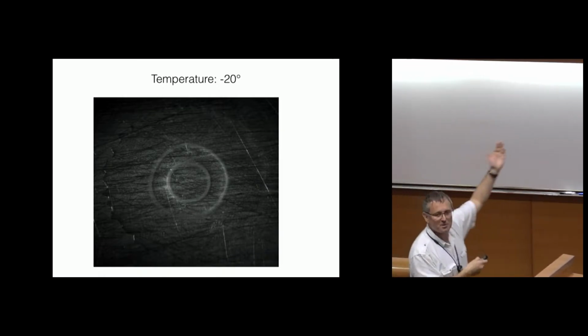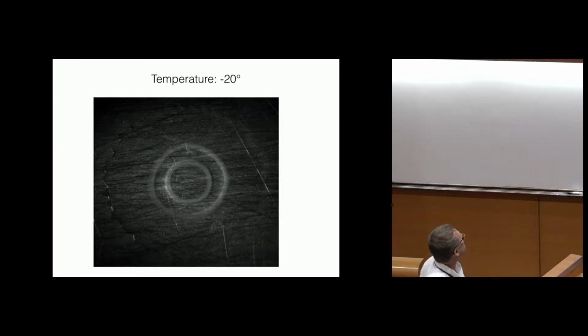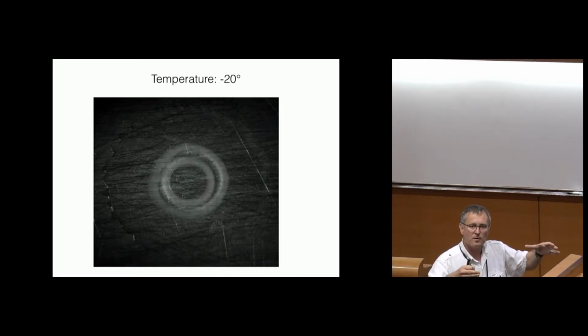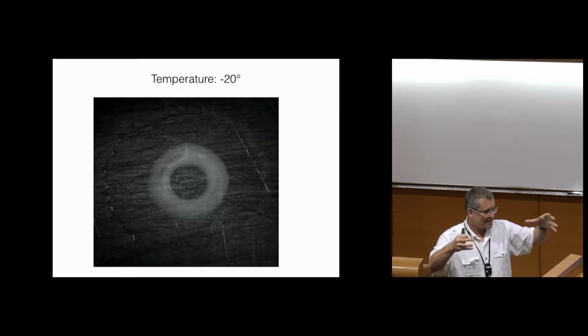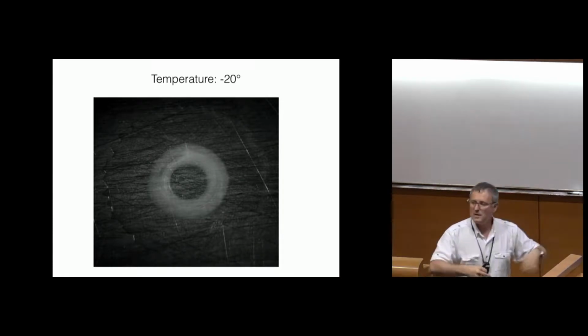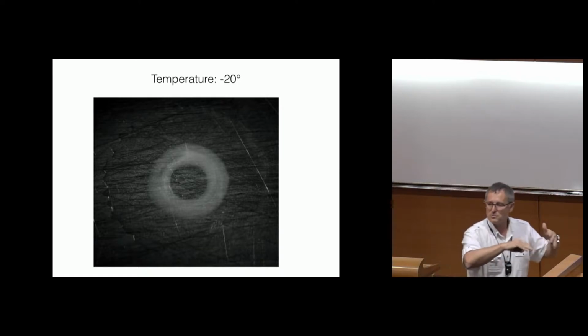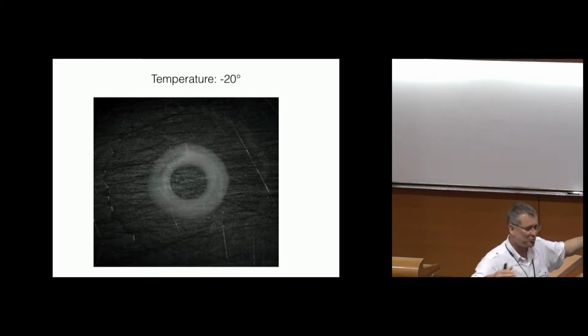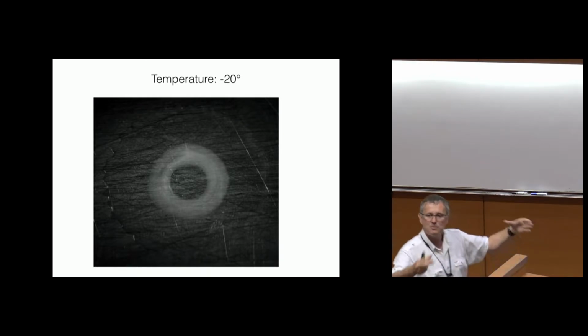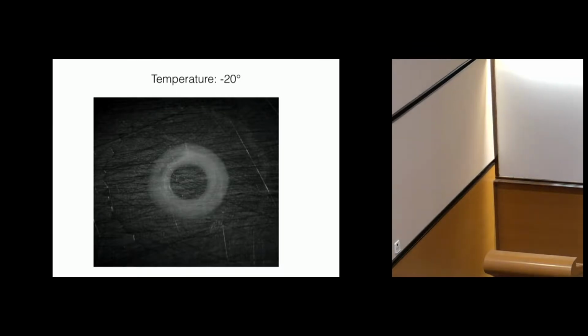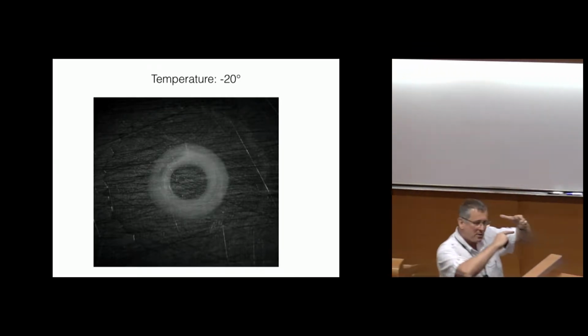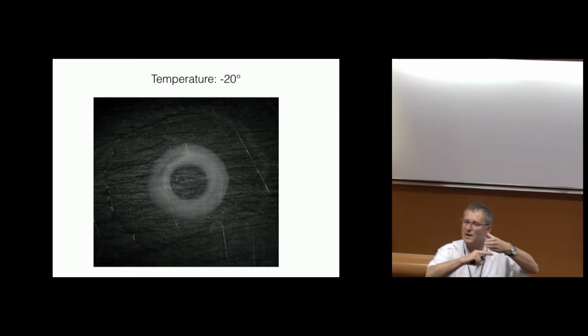Let me rephrase what we have seen, and then I will show the movie again. So the drop has impacted. Then, if you look carefully, it does not move for a small amount of time, not so small. This means that because of the ice that has been created, the impact is stuck at the maximum diameter. If you did the same impact on a substrate at room temperature, you would have the spreading and then the receding phase, and the two phases would follow each other without any waiting time. Here, we observe a waiting time before the water retracts on top of this ice layer that has been formed at the impact of the drop.